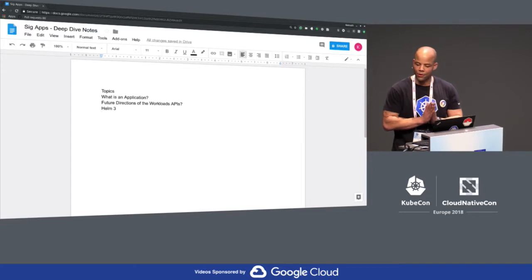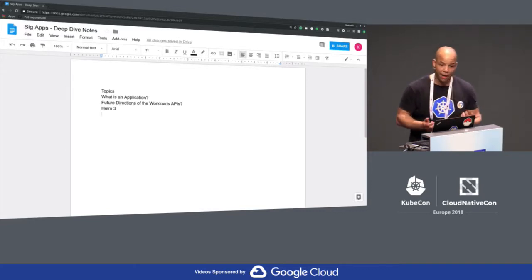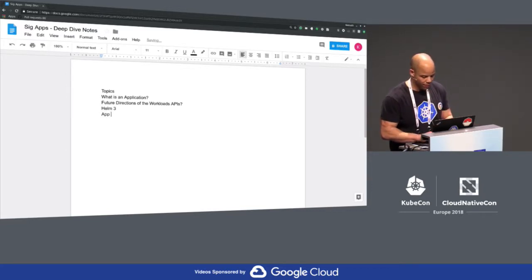Other stuff: app CRD, which is kind of what is an application. Developer tooling? Scaffold, yeah. Multi-cluster deployments?